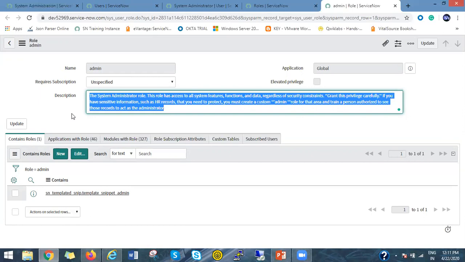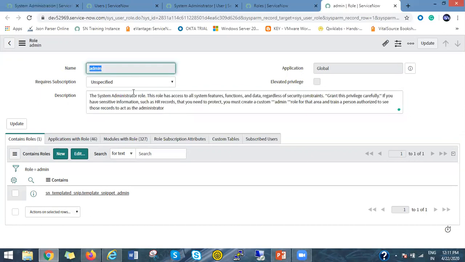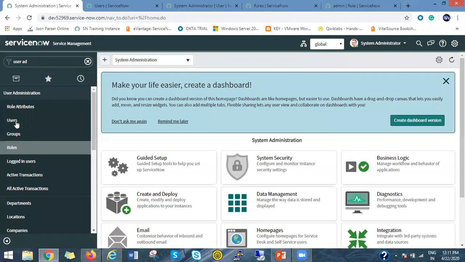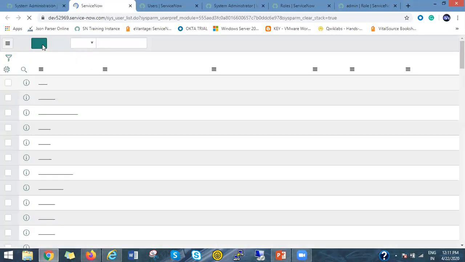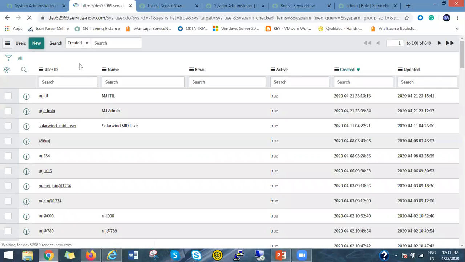So let's do one thing. Let's create our own system administrator, because this particular user was given by ServiceNow. We want to create our own system administrator. To create a new user, just open the user module again and click on New.